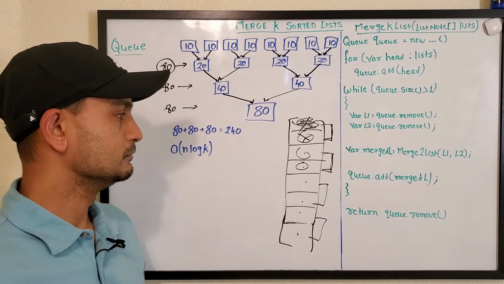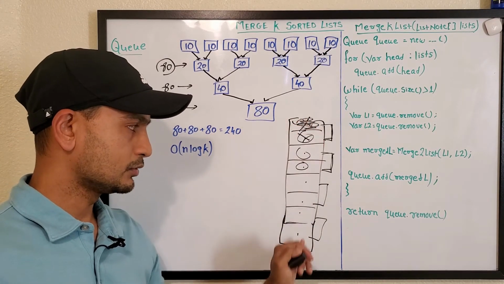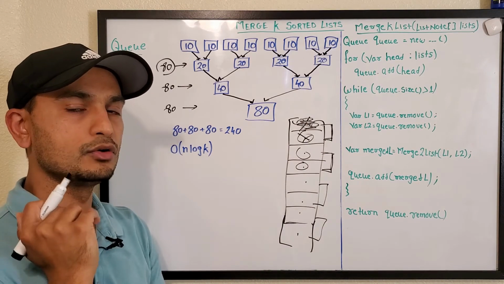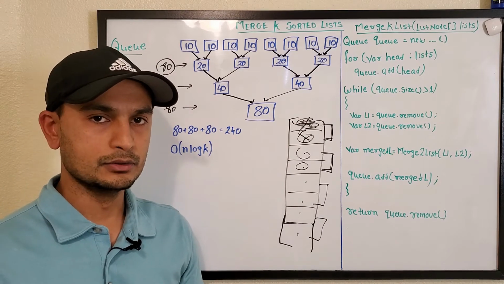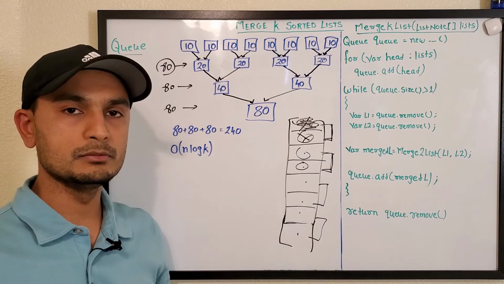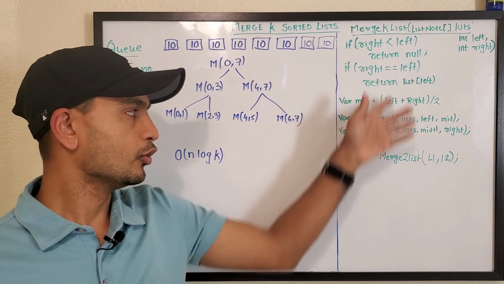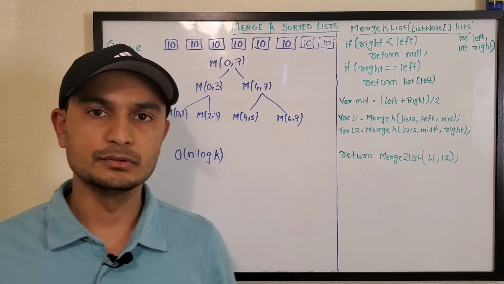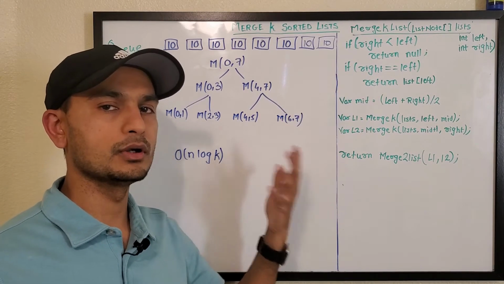So having discussed that, if you like this approach, or if you like doing it this way, then the next approach that we are going to do is recursion. Would be interesting for you guys. So let's look at how we'll solve the same problem using recursion. So this is our code for merging k lists recursively. So let's look at the code first, and then we'll break down the code to understand more.